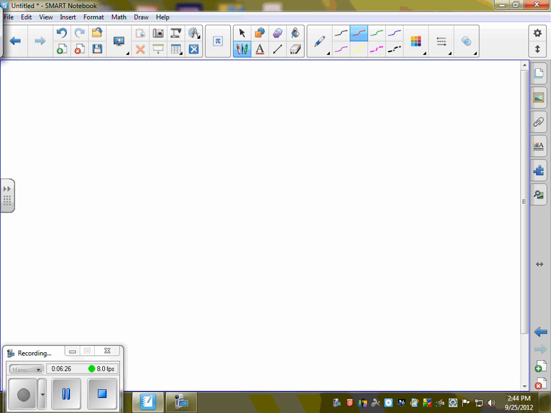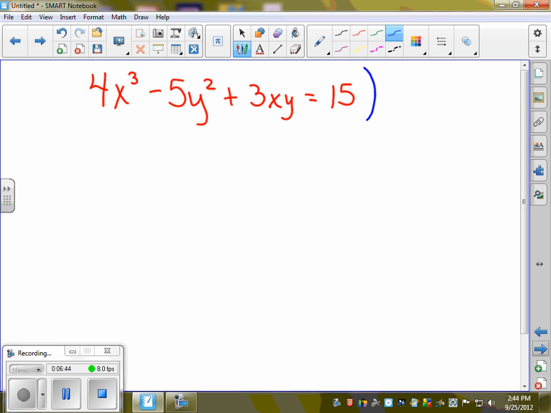Okay, let's look at another one. How about 4x cubed minus 5y squared plus 3xy equals 15. So we start by, we're going to take the derivative of this. So I want to do d dx. The derivative of 12x cubed would, or I'm sorry, 4x cubed would be 12x squared minus, then the derivative of